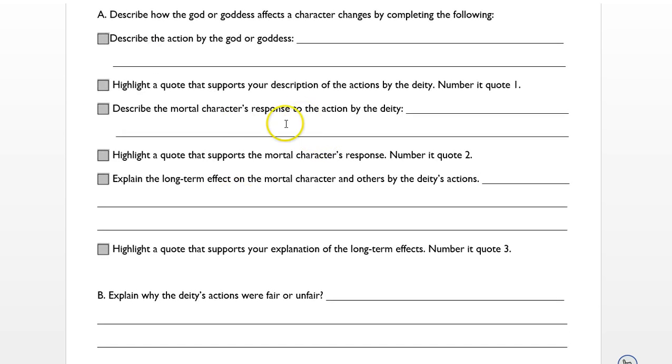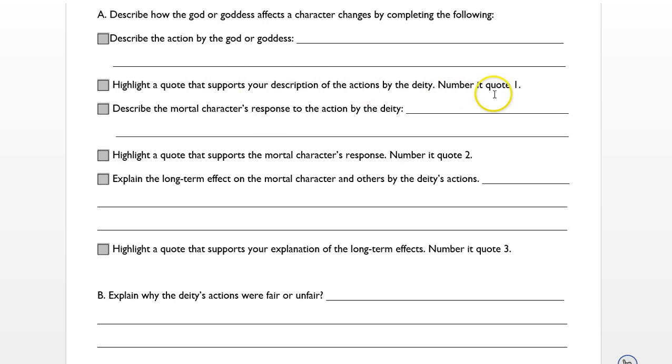We are going to turn these into your paragraphs. This does not have to be a complete sentence. When you turn it into a paragraph, though, it should be, right? So first, Zeus agreed to let Hades marry Persephone, right? It should be a nice, complete sentence, clearly identifying the action of the god or goddess, the character's response. And you're going to put your quotes in the middle between these, right?